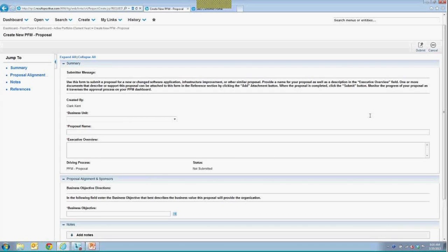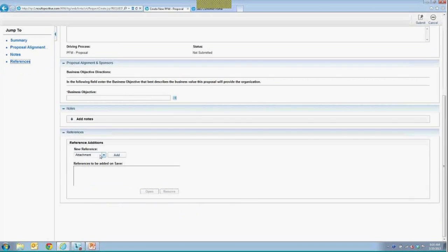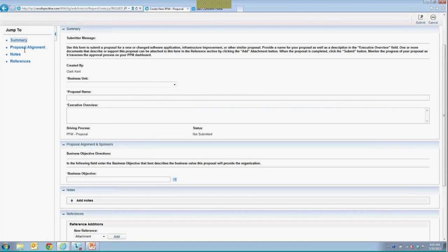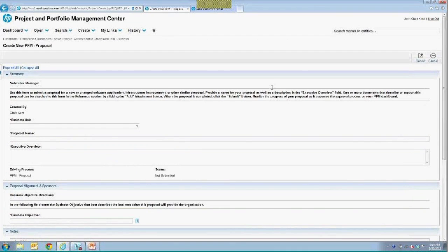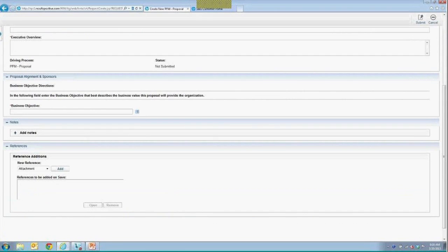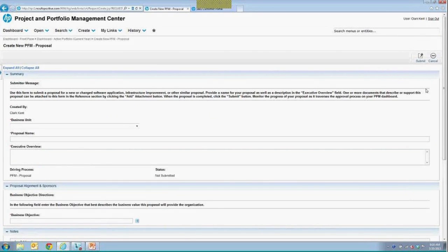The other feature that was in here was the ability to jump to a specific section. So if I click on references, it takes me there. If I click on summary, it takes me back. And you can also minimize this window so you have the full window to be able to input the data in the form. And then the other feature that was there was notice that the business unit, the proposal name,